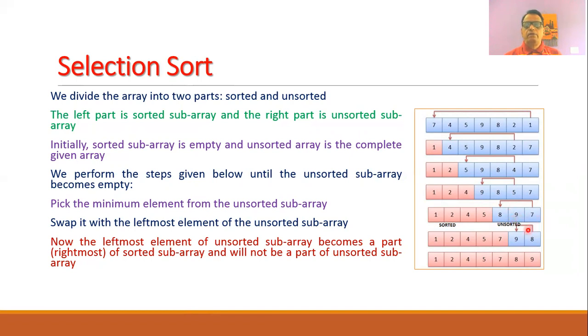Then we will pick up the 7, and then 7 will be shifted into the sorted array, and in the unsorted array we will have 9 and 8. And then finally we will arrange these two elements so that you will find that now all the elements in the unsorted array are exhausted, and now we have all elements in the sorted array. So one can easily observe that the elements are arranged in increasing order. So this is the simplest method, but you can say that it is not an efficient one because the time complexity of this algorithm is of the order of n.